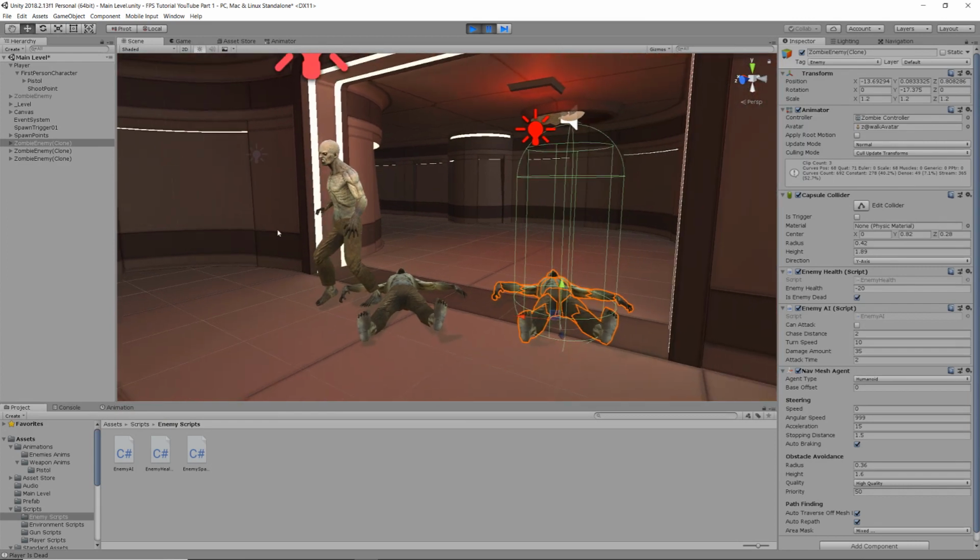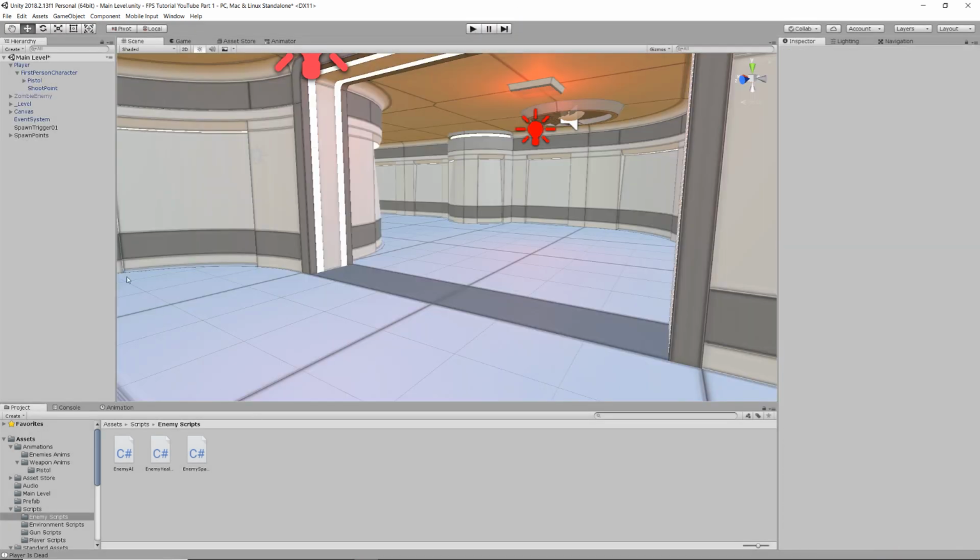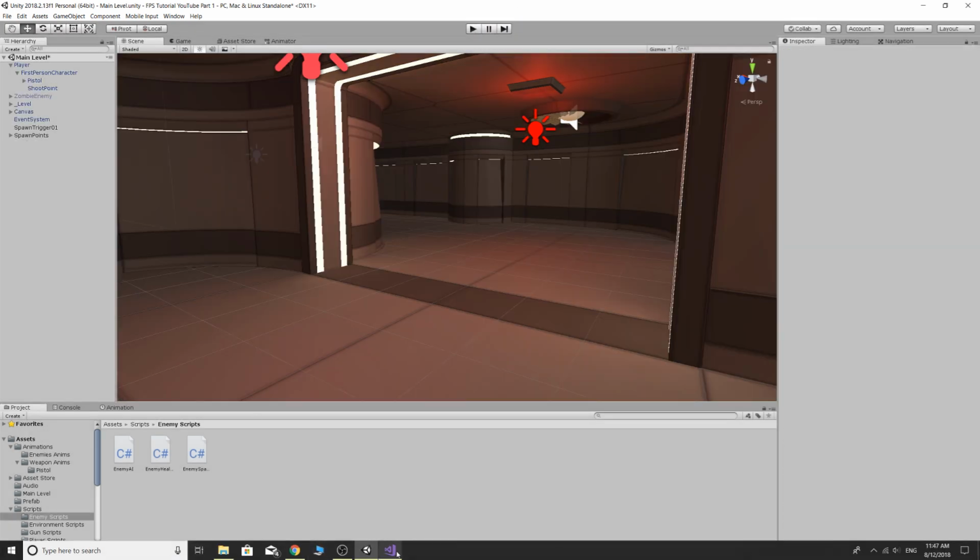What's happening is, when the enemy's dying, the collider's still staying there until the object is destroyed. So this enemy here was actually standing behind this collider and actually hitting this collider instead of the enemy, trying to shoot the collider. So you guys know how to do this already because we kind of did something similar for the trigger on this doorway, and when we walked through the trigger we made the collider not active anymore, okay? So what we might do is we'll